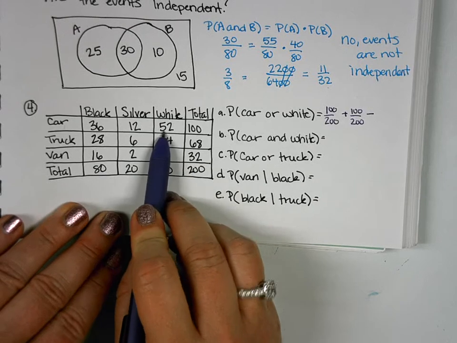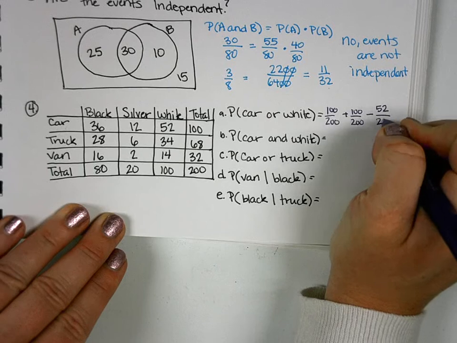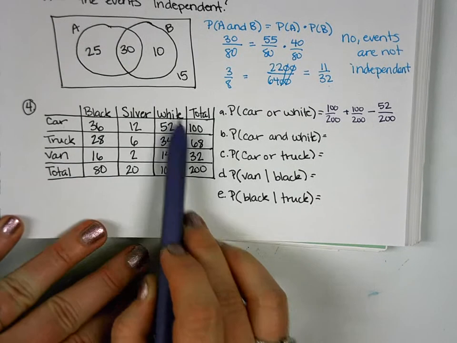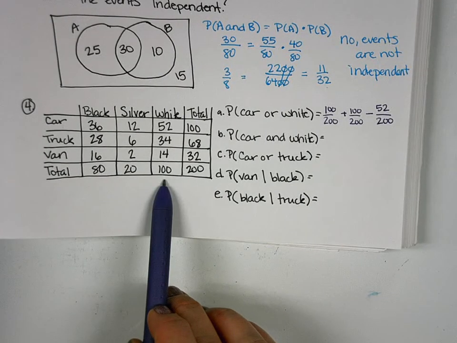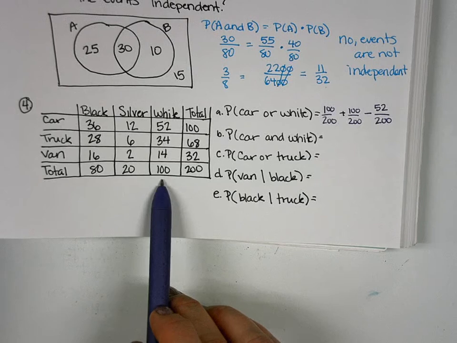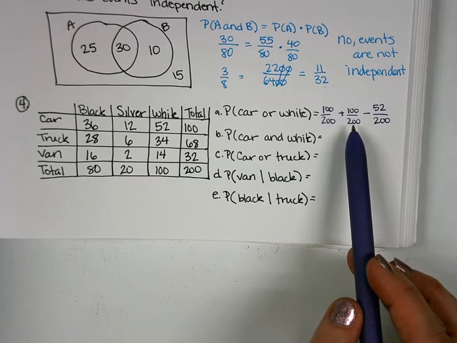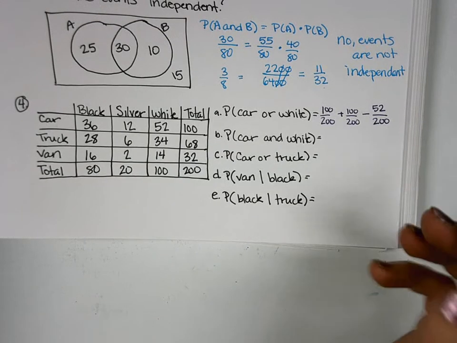So we have to subtract that out because those 52 cars got counted twice. They got counted in our total for car and in our total for white. So we have to subtract 52 so that we're not double counting. So when you add 100 plus 100 and then minus the 52, you get 148,